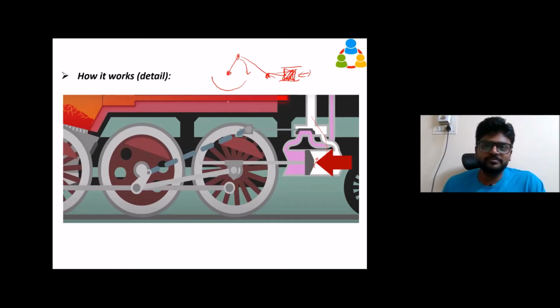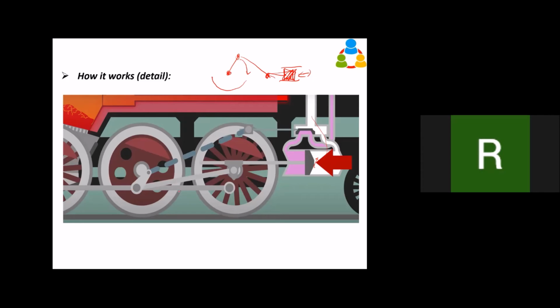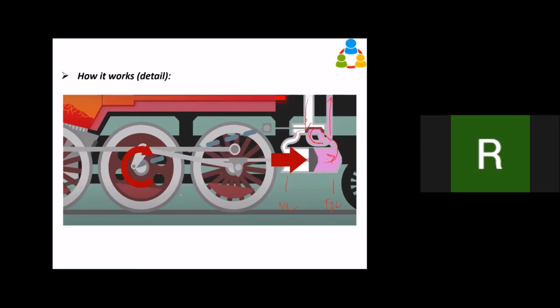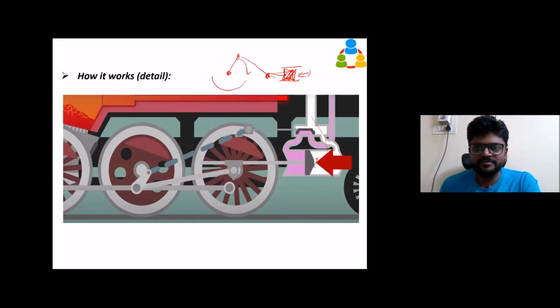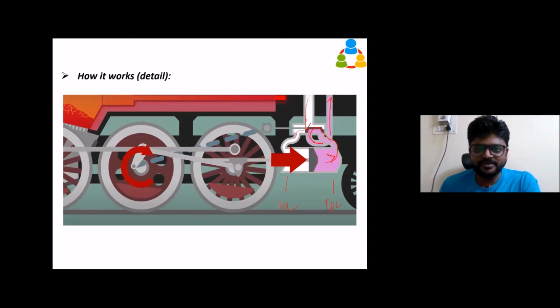The wheel will move. With this crank only, we are making this wheel move. You can see the crank is moving and the wheel is moving. From the crank, they connect the straight rod, and the rod is again eccentrically connected, not at the center. So this is also moving. The wheel is also moving.